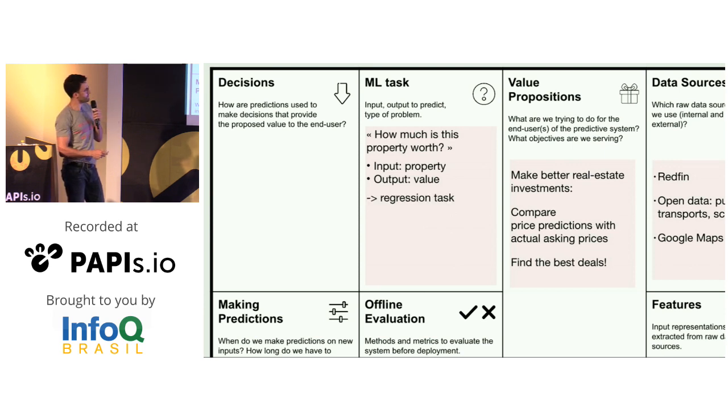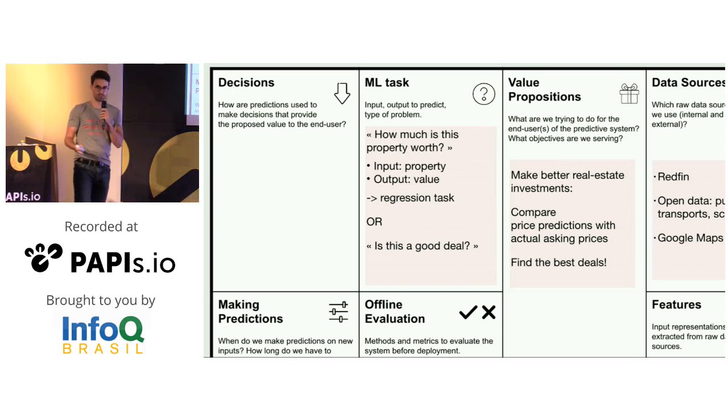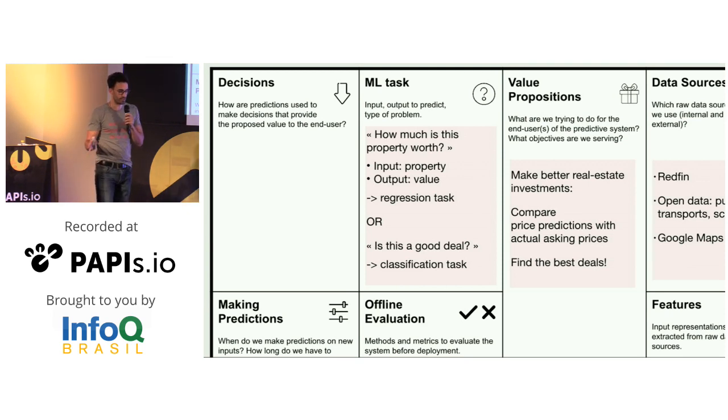So we want to predict the value of this thing. It's a regression task. But you could also think of things in a different way. Another way to do this is to say, all right, I still have a property as input, but my question is: is this a good deal? You have a property, you have the asking price, and you need to say, yes, it's a good deal, or no, it's not a good deal. And this is very valid. I haven't seen anyone do that, but on paper, it's valid. So it's a possibility.